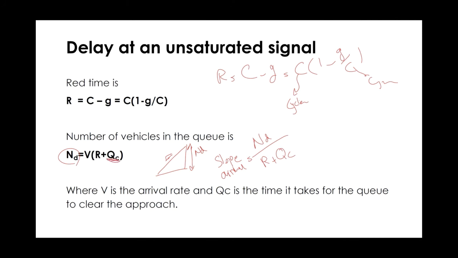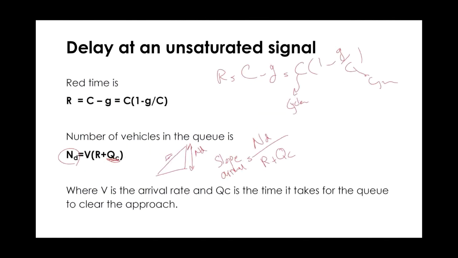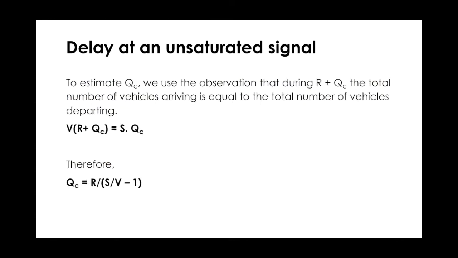I think the way I've calculated here is that this little section is considered to be QC. I could have called it something else, but this is QC here. So if I look at this larger triangle, the slope of this line is ND divided by R plus QC, right? Therefore, ND is equal to the arrival rate multiplied by R plus QC. So I have ND here. And now, if I want to estimate QC,